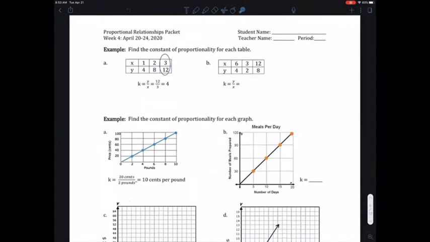In other words. Okay, so we're going to continue with the next page here on week 4, page number 2. This says find the constants of proportionality for each table. Okay, so just right there, because we read constant proportionality,